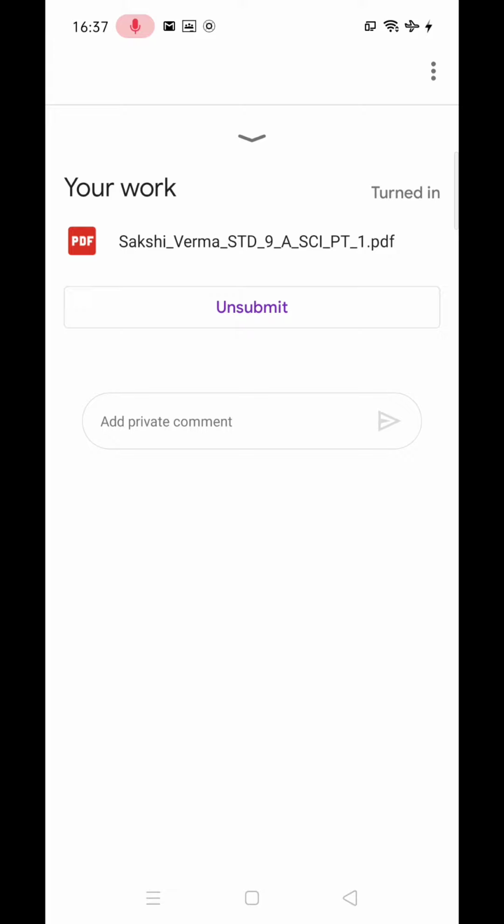From 9:55 to 10:15 you will take photographs, convert them into a PDF, upload into Google Classroom and submit. Timings are a little bit different for language only, which is already provided to you through the guidelines.